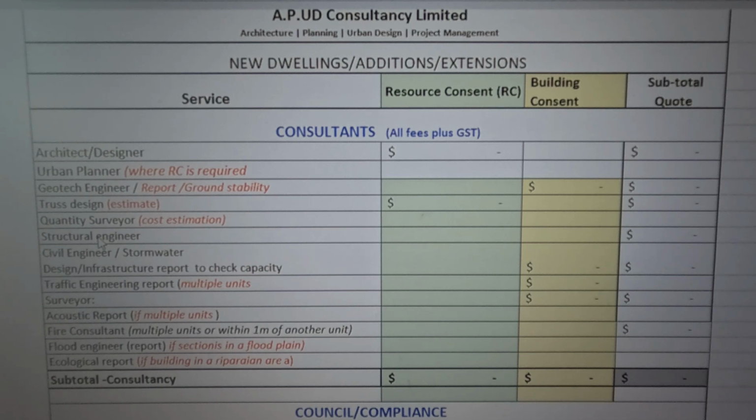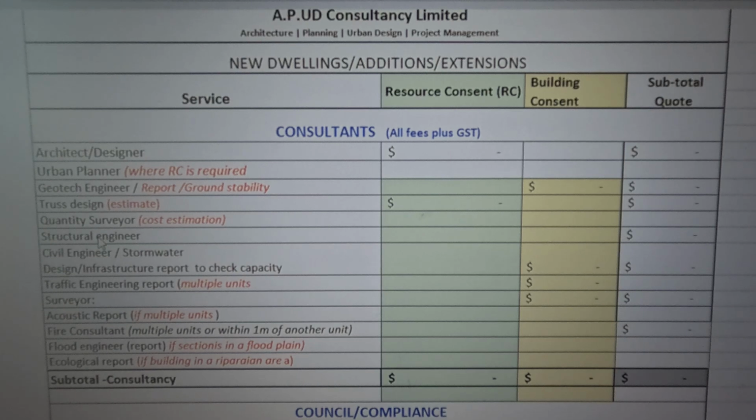So on a small project, if it's a simple bungalow or a simple two-story house, you will need more or less those consultants: architect or designer, maybe urban planner, geotech engineer, truss designer, and structural engineer. And to some extent, you will need a surveyor,